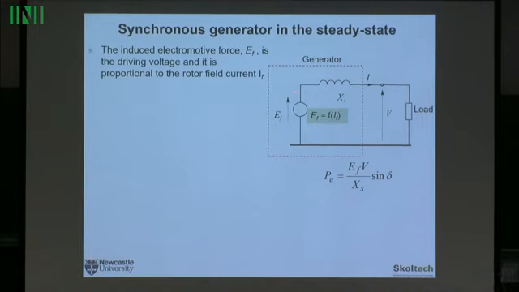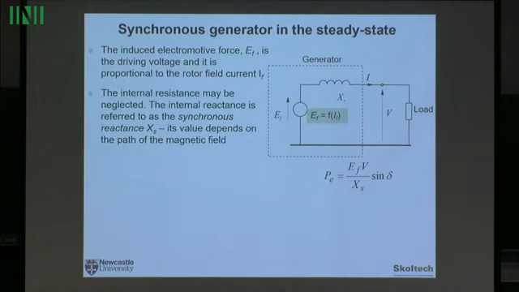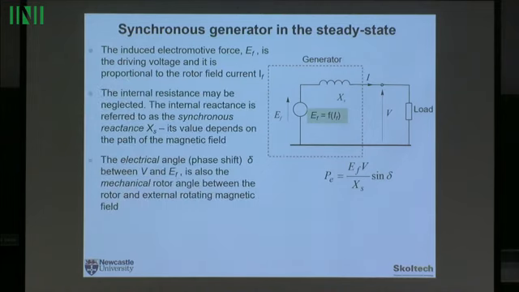This is the terminal voltage V, this is EF, the driving voltage, and this is the external voltage. We have seen this kind of circuit before, when there's just X between the voltages. So immediately we can get the equation of the electrical power produced by the generator as EF times V divided by X, the synchronous reactance, multiplied by the sine of the angle delta, which is the angle between EF and